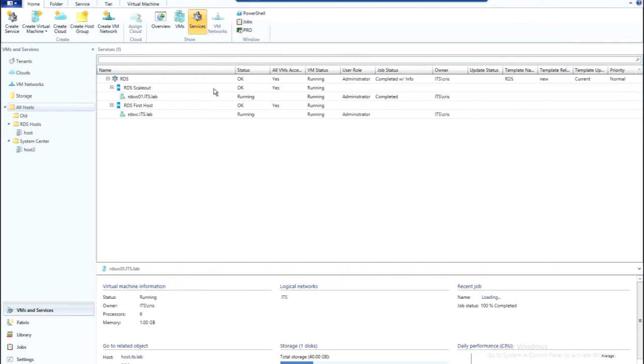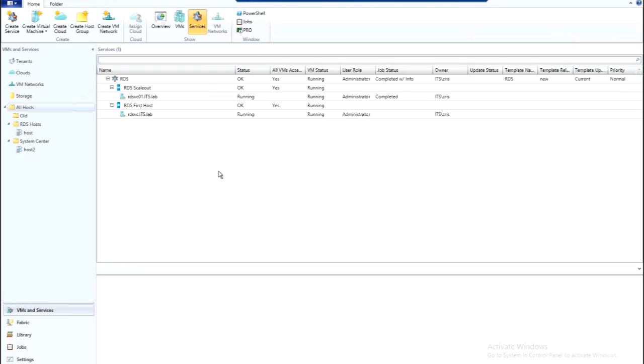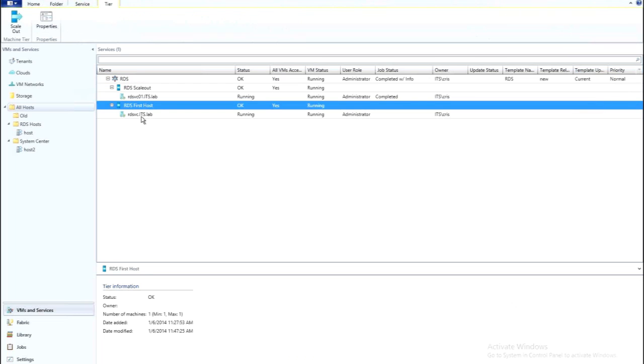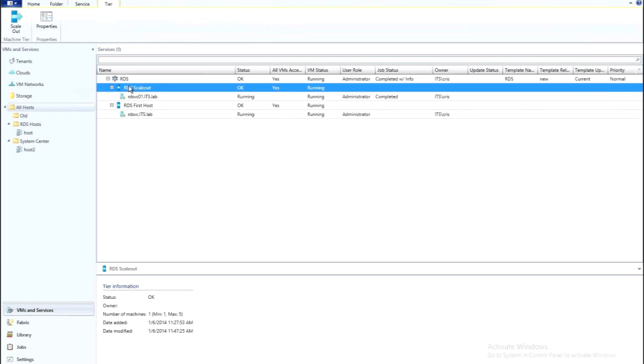So right here is my Virtual Machine Manager machine. It has a service called RDS for Remote Desktop Services, has the first host and the scale out tier. The first host has the RDS web service, an RDS session host, and the RDS connection broker. And the scale out tier is the RDS session host. So let's bring over